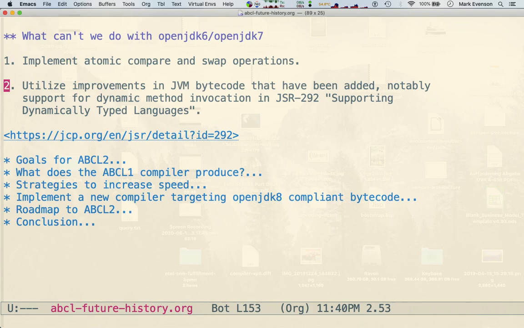The biggest thing that would give a win for ABCL2, and is present in OpenJDK 8, is the so-called JSR 292, which is a Java extension process, reviewed in the community, which added substantial support for dynamically typed